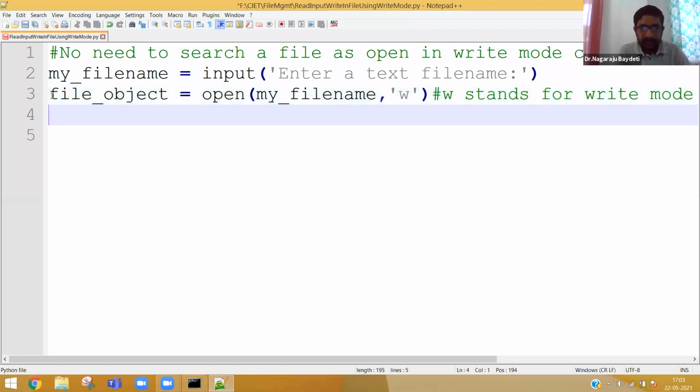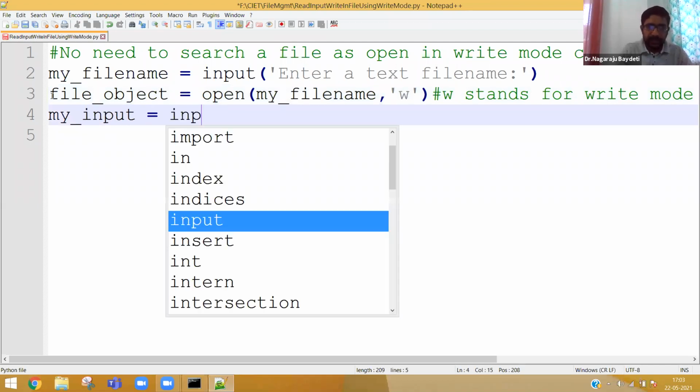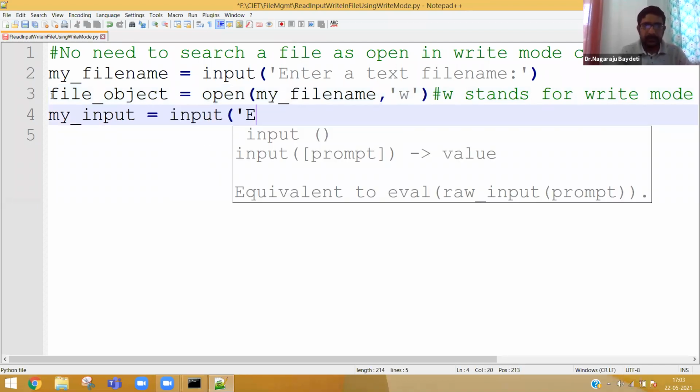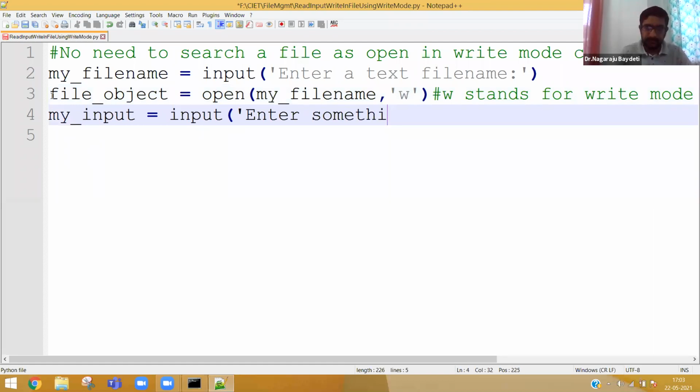Now opening a file is over. We have opened a file. Then what we have to do? We need to ask the input, no? For example, my_input is equal to, simply ask, enter something. It can be anything.